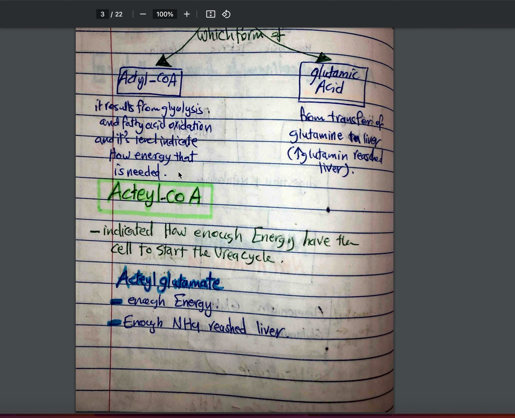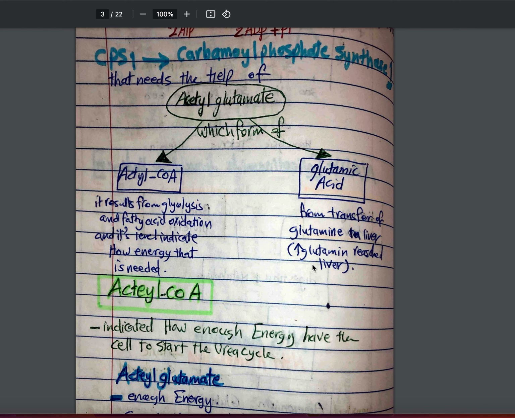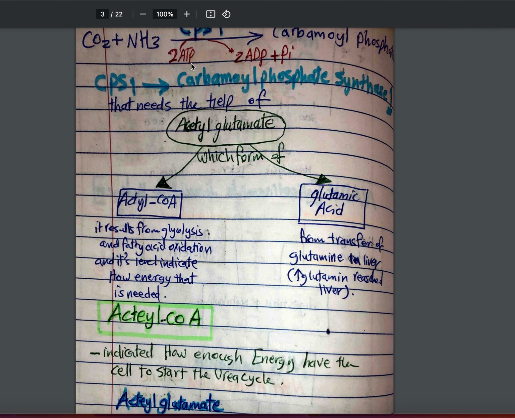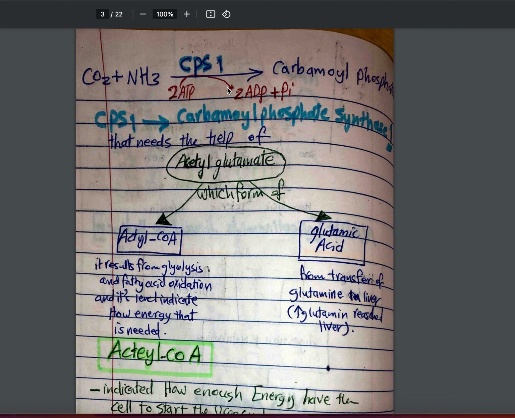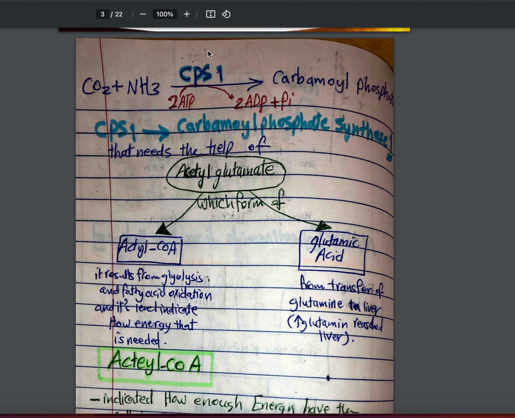So acetyl coenzyme A indicates whether the cell has enough energy to start the urea cycle, because as you can see here, we need 2 ATP to produce 2 ADP, so we need energy to make this reaction start. And when I say rate limiting enzyme, it is the slowest enzyme in the whole urea cycle, so it needs more